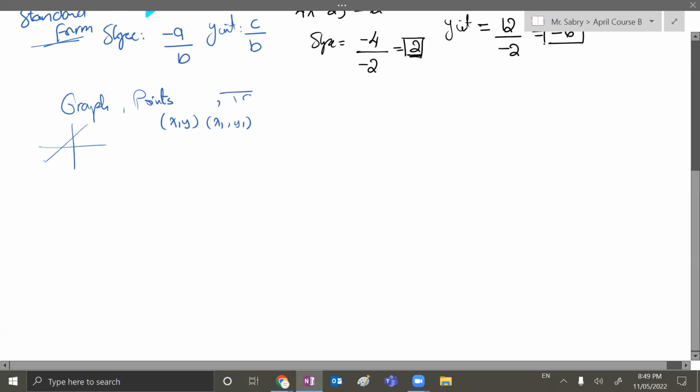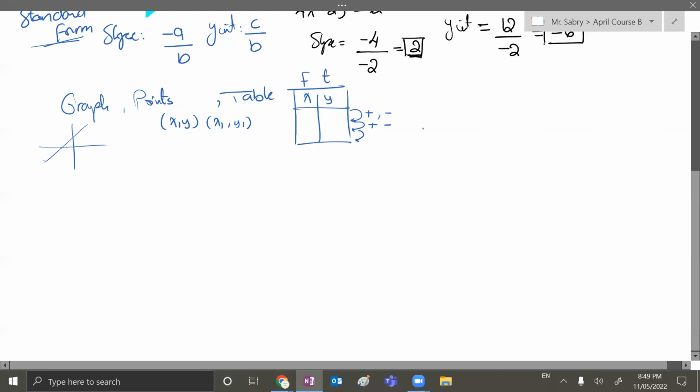Or maybe we could be given a table, and a table of values could look like this, with maybe x and y, or it could be f and t, whatsoever. The important thing is that they're two variables, both to the power of 1, and they're increasing at a constant rate. So as long as we're adding or subtracting by the same amount on the y,